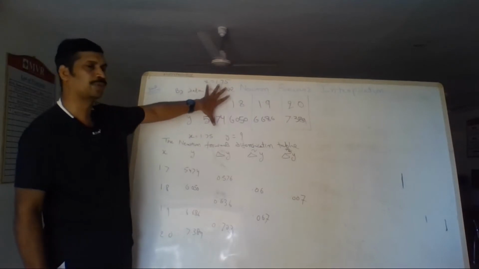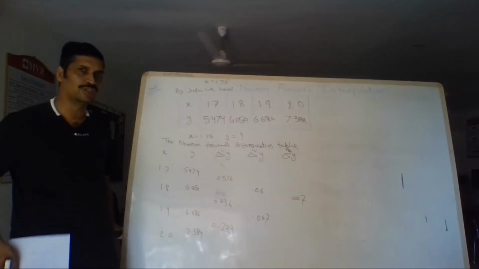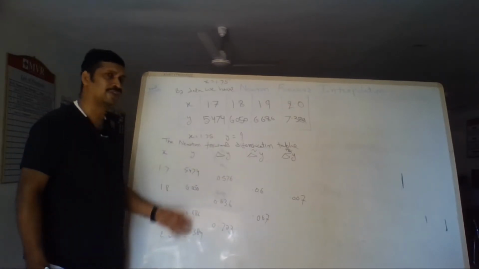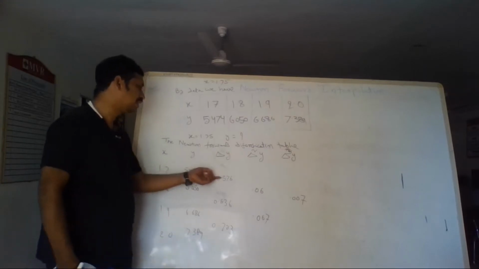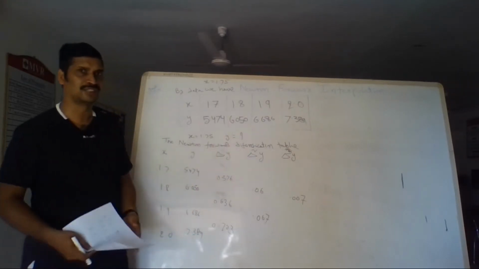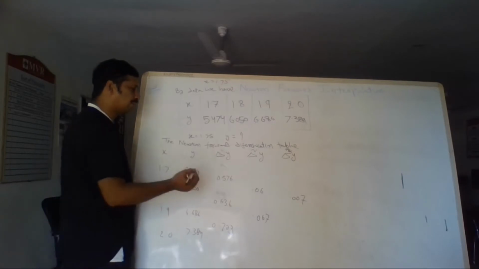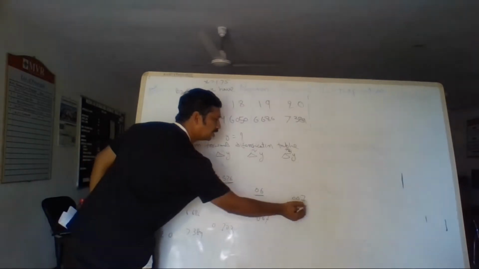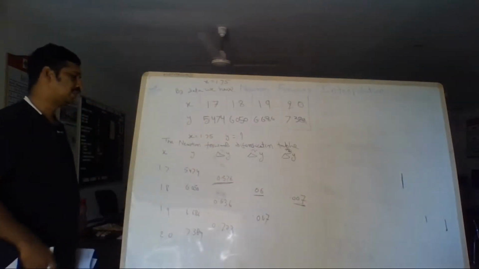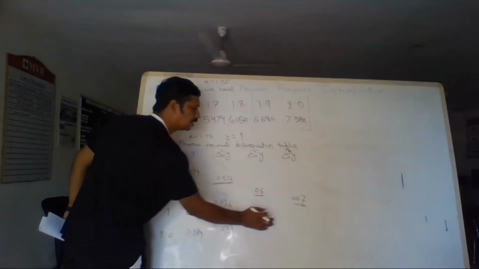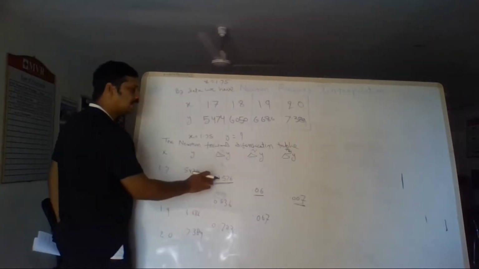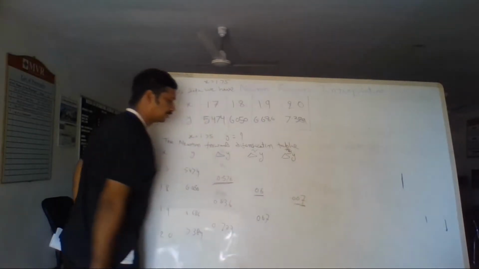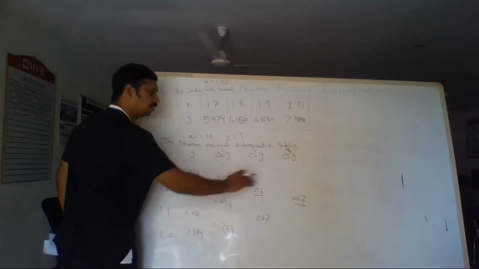For this type of problem, first we have to construct the Newton forward differentiation table. These are the x values and the corresponding y values. Subtracting this one minus this one, we will get the next column, and like this we will construct the table. In the forward formula, we will use these values along the top diagonal. If the method is backward differentiation, we will use the bottom diagonal values. Forward differentiation means delta of y naught, delta square of y naught, delta cube of y naught. We will use these values.